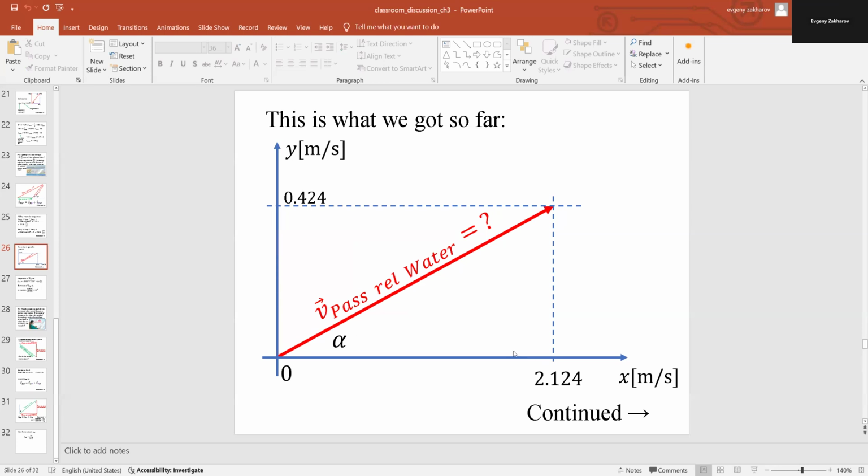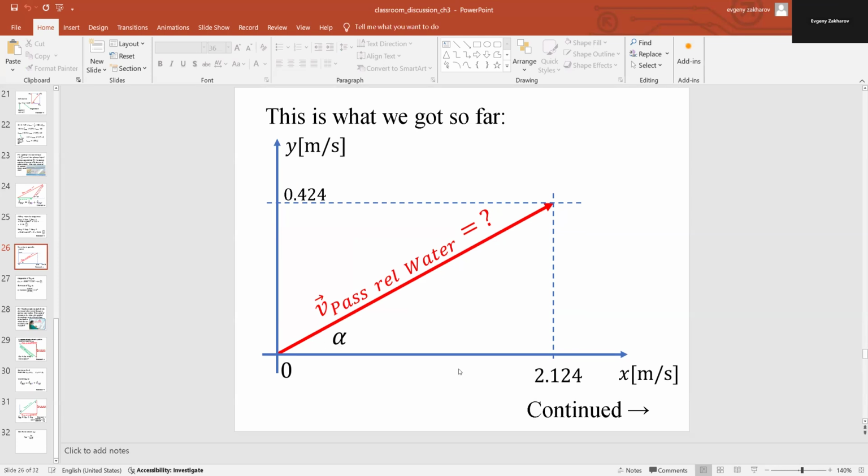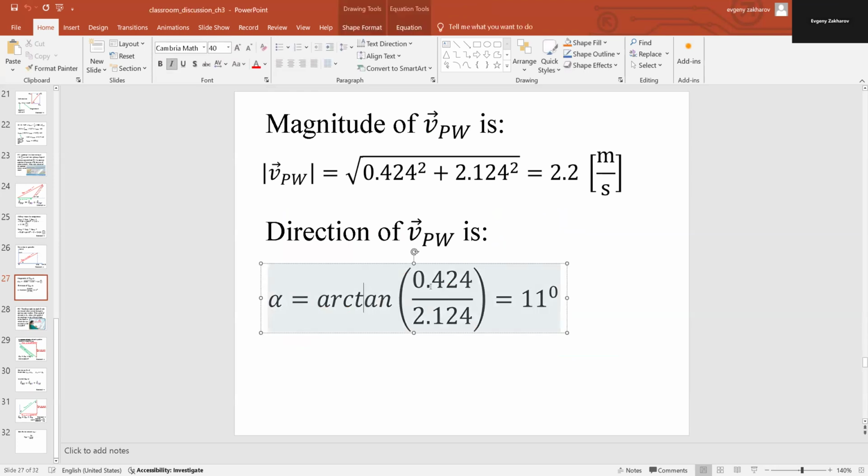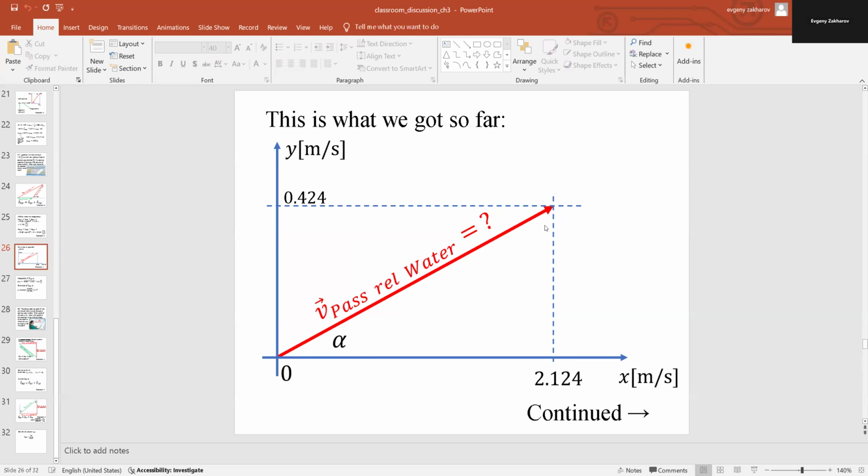And if I know two components, I can use inverse tangent function to figure out this angle. Arctangent, opposite over adjacent, opposite 0.4 over adjacent 2.1